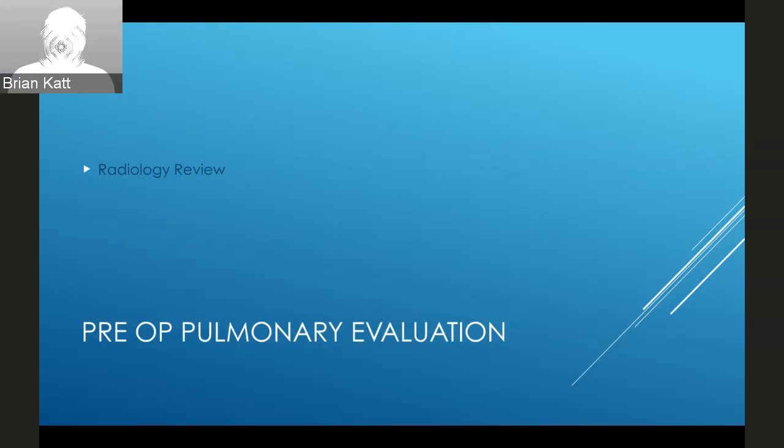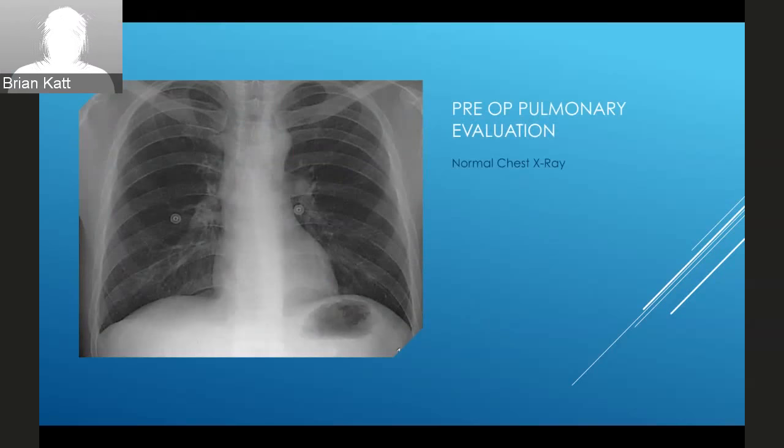Talking to some of your colleagues, there was also a request to just do some basic radiology review. So that's going to be the next focus of our talk. So let's start with a normal chest X-ray. And my apologies to those of you who can't see this but are on audio only. But a normal